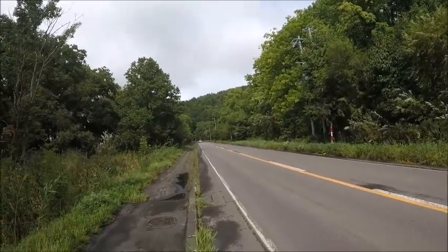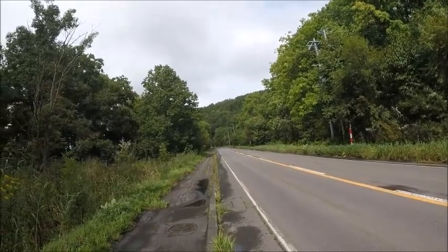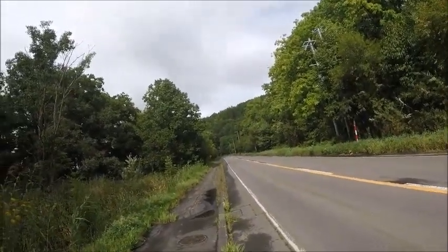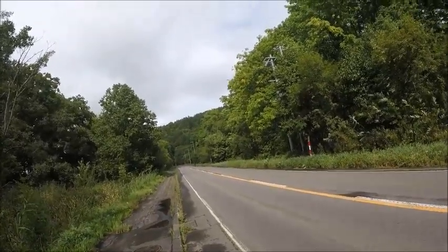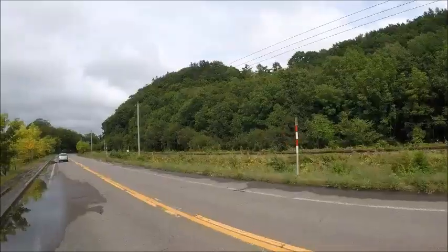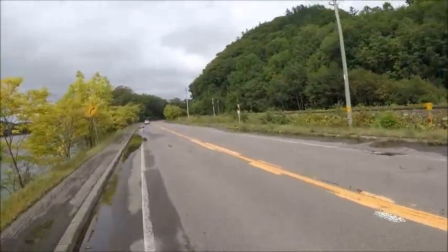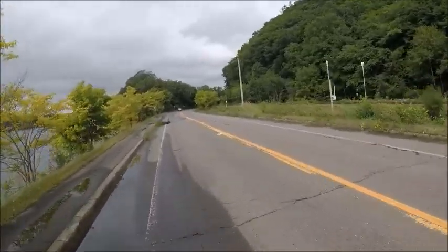But there's one thing about Japan, more or less the terrain, the geographical features are almost the same everywhere you go. There are a few exceptions, but more or less this road could be anywhere in Japan, seriously. There's a train track going there, so if there was a train, they could probably shoot a Japanese version of